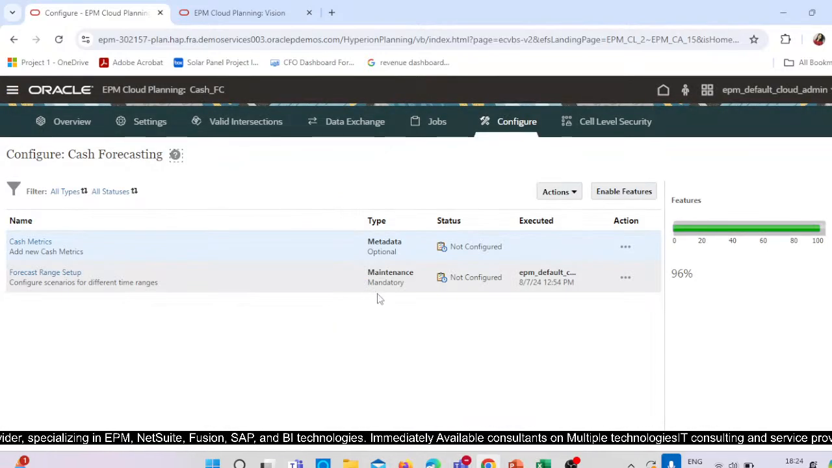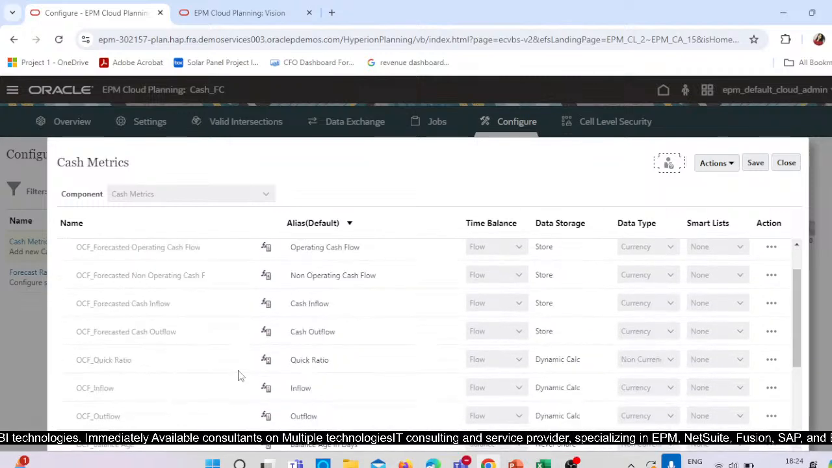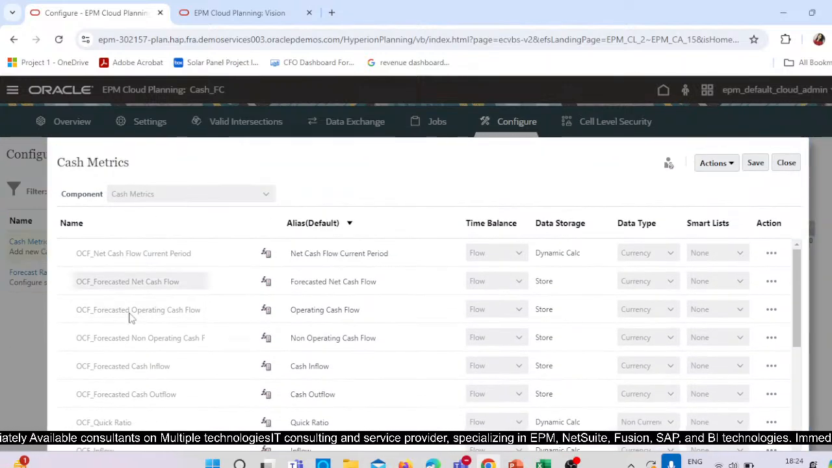Now it is selected. Okay. So now we will move towards the cash matrix. And here under the cash matrix, we are having several members like this, which is predefined here in the cash flow. So cash matrix, like a complete cash flow statement, we have net cash flow, current period, forecast net cash flow,